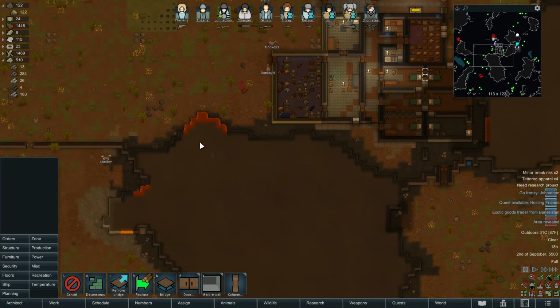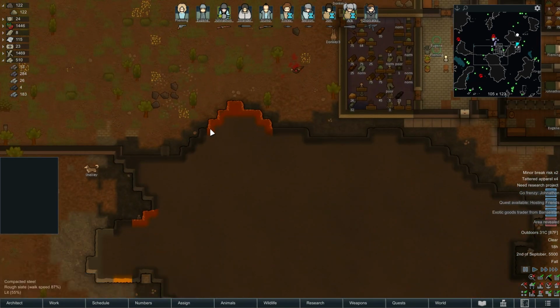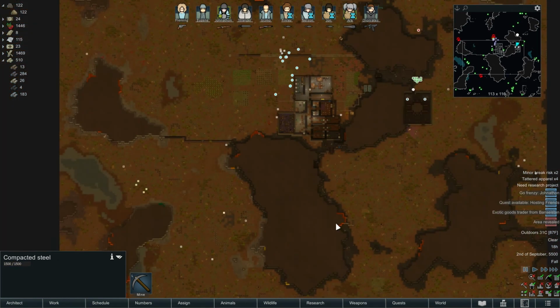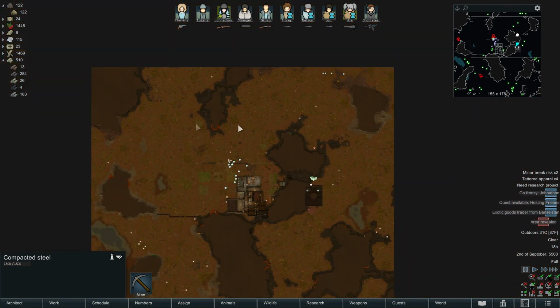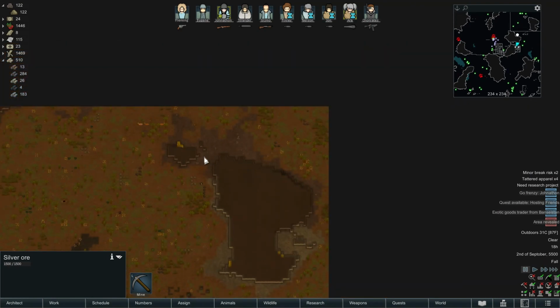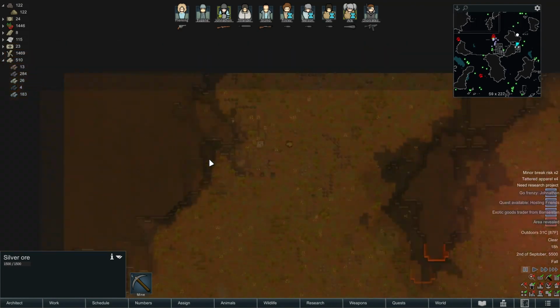The other mod that is also very good, you might have noticed, is that now the mining resources are highlighted in very, very obvious colours. So if I zoom out, I can very quickly see where the different resources are. So steel is in orange. You've got compacted machinery in yellow. We've got some silver ore there in blue. You've also got other colours for jade and also for